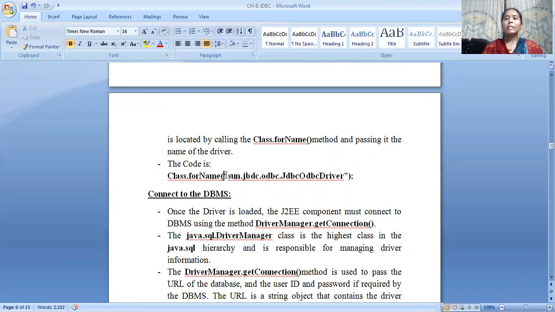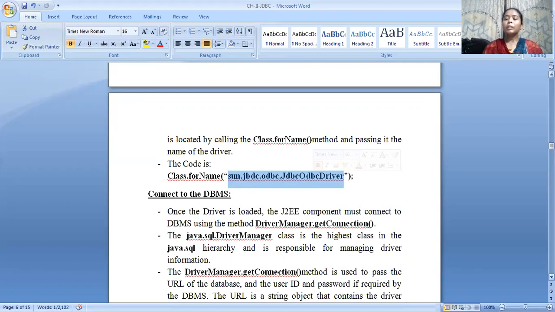Here my driver is the JDBC-ODBC driver, so the predefined name I need to declare is sun.jdbc.odbc.JdbcOdbcDriver. If I mention this line in my program, it will automatically be loaded and the connection will be established between the front end and the back end.